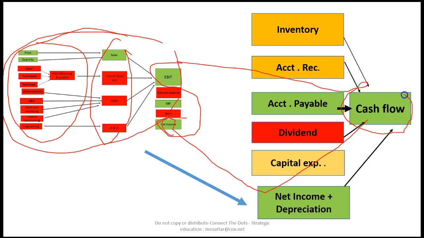Now, it's not that inventory and accounts receivable are not important. They are important, and you want to manage them. But at some point, there is only so much you can do. You cannot go to negative inventory. So long-term growth for the company comes from net income, because you can continue to create net income if your business is very successful and has a positive cash flow. Now, we'll talk in a different lecture, but cash flow is directly proportional to the value of the company. So when we talk in the later lecture about the valuation of the company, you will see that cash flow becomes important.